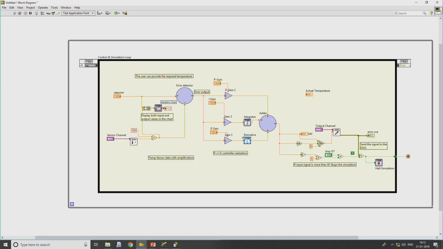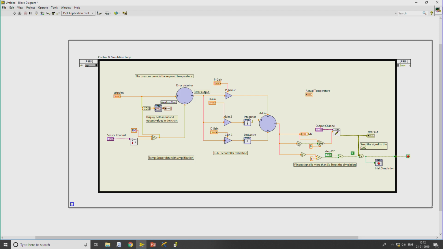Now, if you see, the complete system is connected. I have added the logic whichever I told you. When the input voltage is greater than 5 volts, since the USB data acquisition module cannot generate a voltage more than 5 volts as well as less than 0 volt, any voltage which is more than 5 volts will be shown as 5 volts.